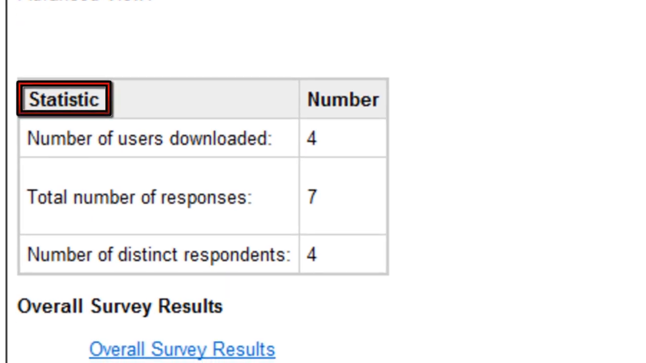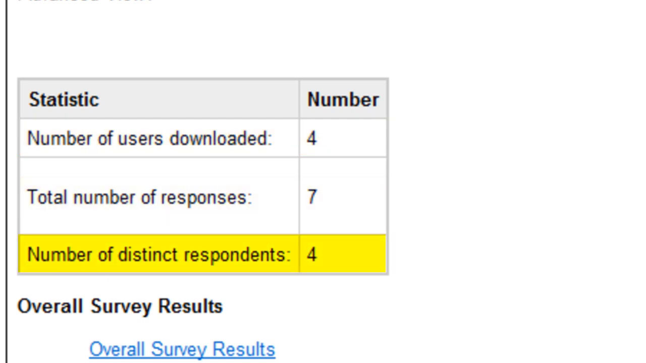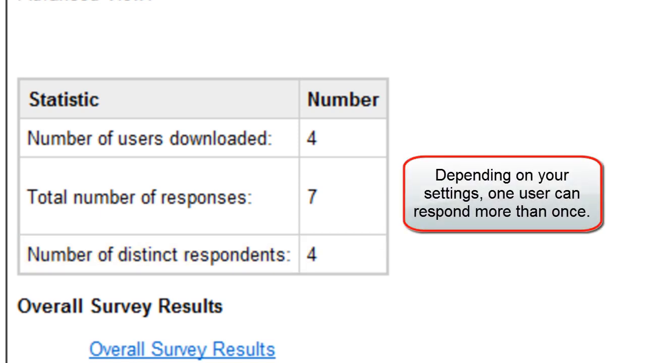Next, you'll see some basic statistics about the responses you received. How many users automatically downloaded your survey or quiz? How many responses did you receive? And how many different users responded? Remember, depending on the settings you applied when you created your quiz or survey, some users may have responded more